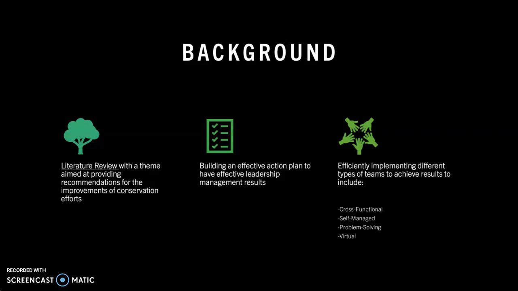Teams that are cross-functional and self-managed will be able to solve complex problems in the ocean and other environments as well. So that you see the different types of teams here that I'll need to not only further research, but also implement into this management plan.